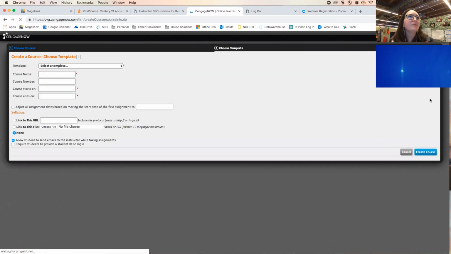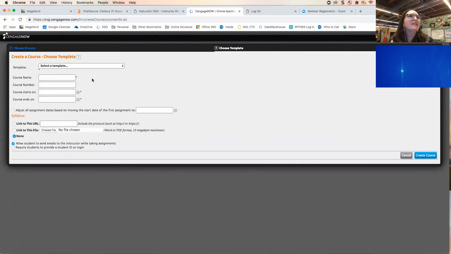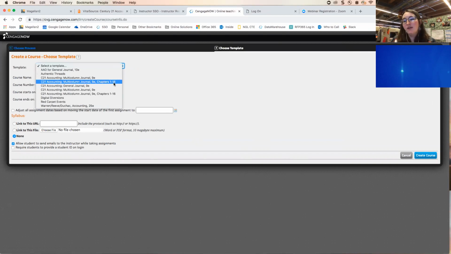And then at this point, it's asking me what template I want to add. Now, I have quite a few options because I have a lot of different accounting books added to my resource center. If you just, for the first time, came into your resource center and added the book that I added, you would only see the options for your book. But what I want to click here